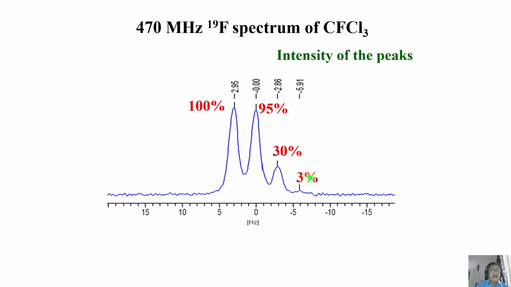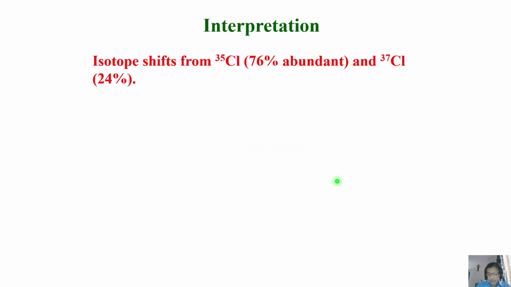Same thing we observed in the earlier example also, right? The isotopic substitution, when the heavier atom is substituted, it shifts to the high field. That's what we observed in the earlier example also. So this is the isotopic effect. The moment you make a substitution or another isotope is present, and probability of distribution of populations are there, then you get multiple peaks and you have to carefully analyze them.